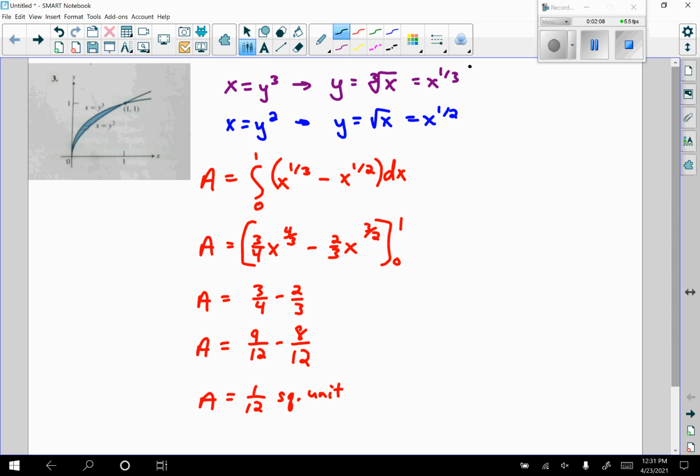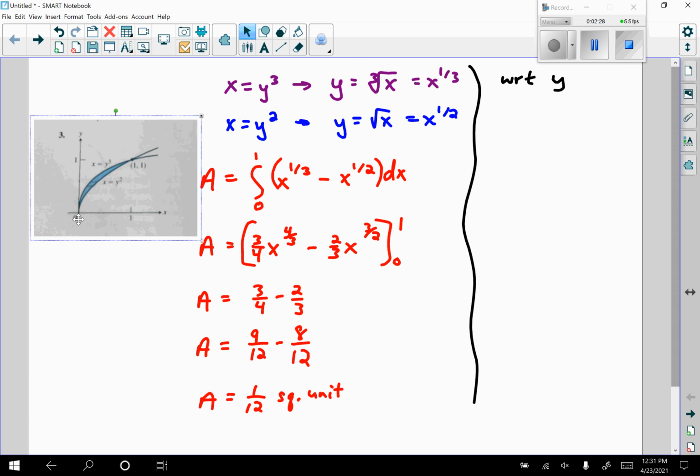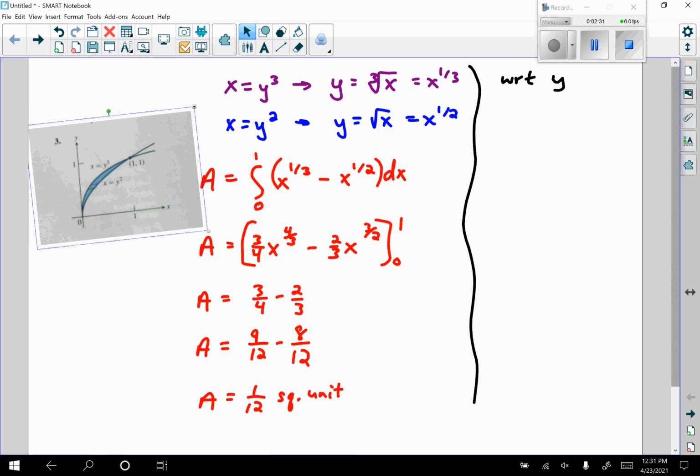Now what if we left this? We could also do this with respect to y, and that's going to be the new part today. So we could have left it like this. Now the idea here is, and I'm going to do this just to show a point, when we're dealing with respect to x, we take the top curve minus the bottom curve. When we deal with respect to y, we're going along the y-axis. So imagine if we were to